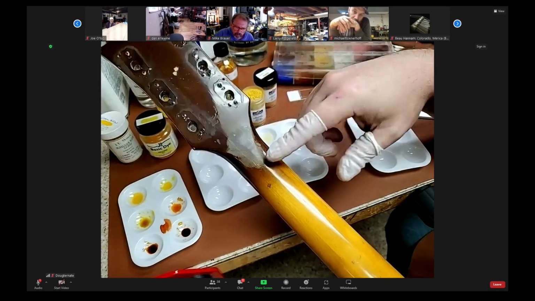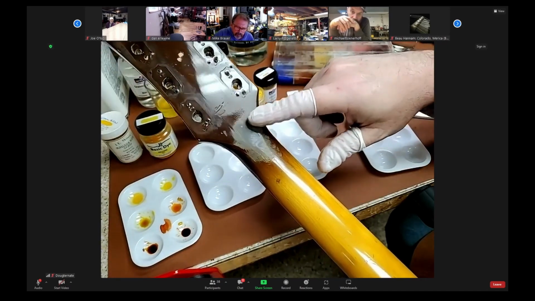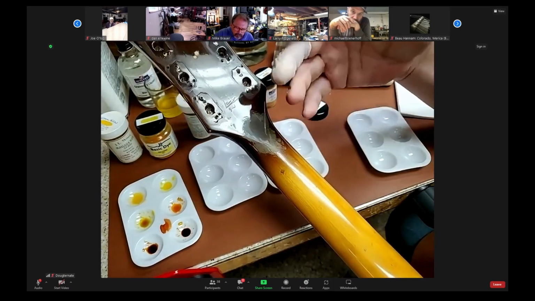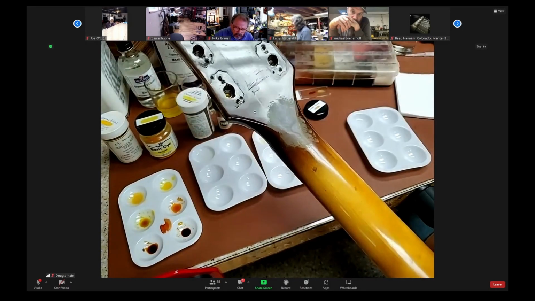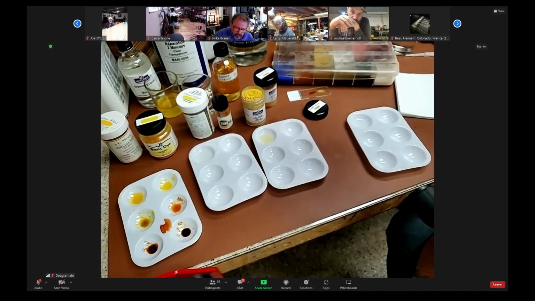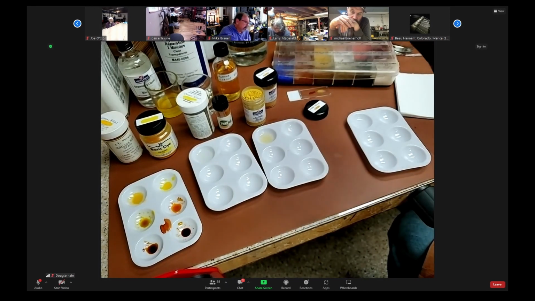But for my purposes, I've never had any luck with this because to me, the end result looks too blotchy to my eyes. And then I wind up with an opaque canvas that now I have to paint grain lines on and do that type of thing. For my purposes,